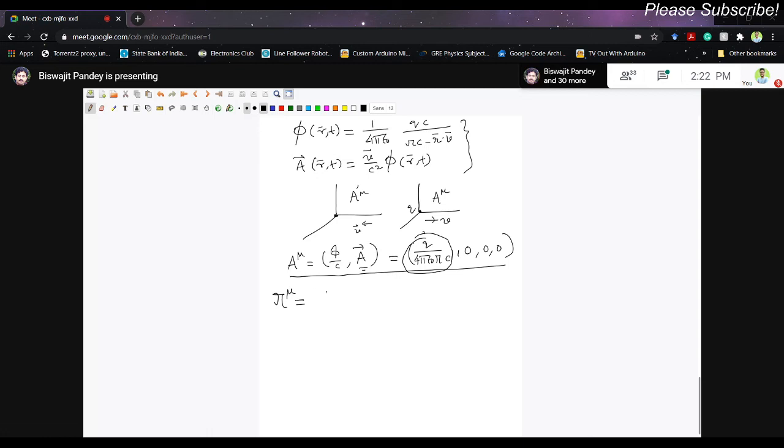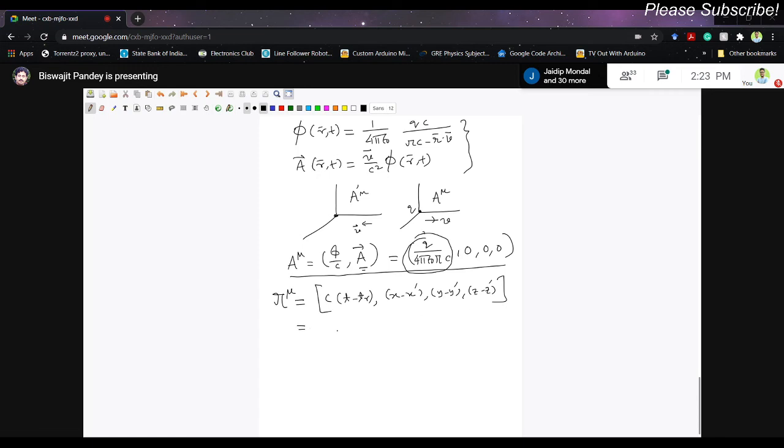So if you remember the previous picture, what is curly r? Curly r is the distance between the source point and the field point. So there is a time interval between the 2 points associated here. So I can write it to be c times t minus tr. This is the time component of the 4 vector. And then we have x minus x prime, the spatial coordinates y minus y prime, and z minus z prime, right? So this is a 4 vector, which has four different components.